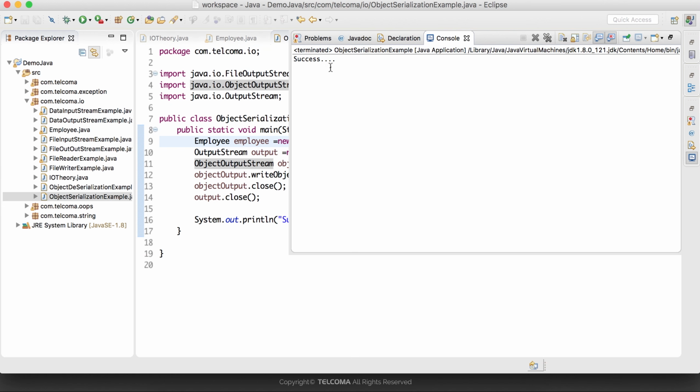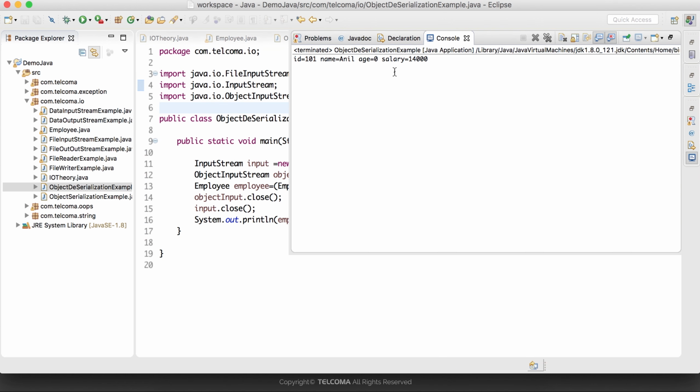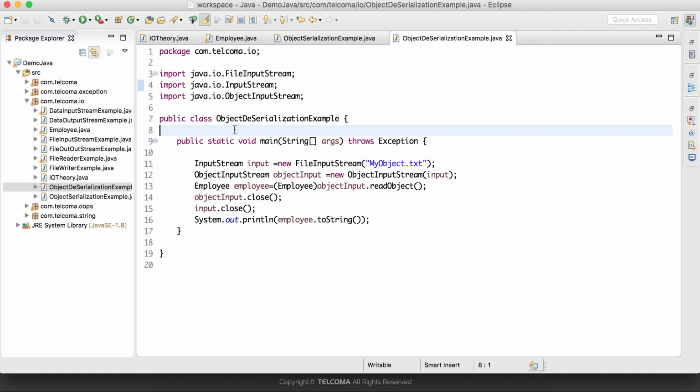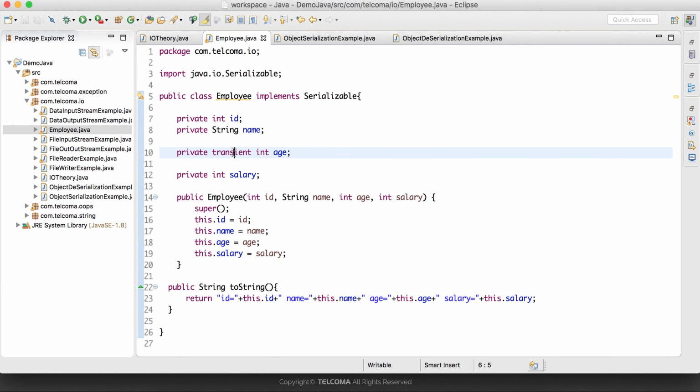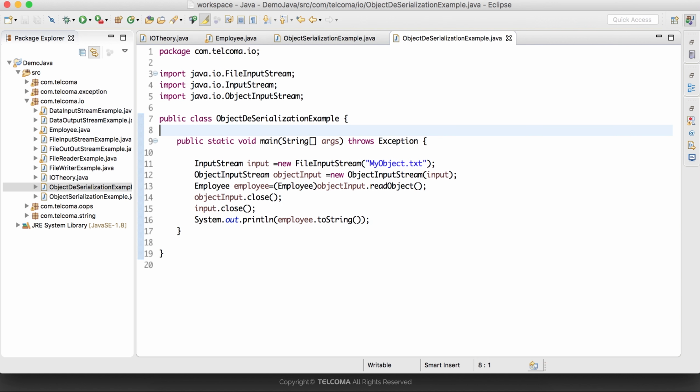So let's run this program. First we will serialize the object, success, then we will deserialize this. And here you can see that age is 0 because the transient fields are not serialized. This keyword is used if there is some field which we do not want to serialize. So this is the example of